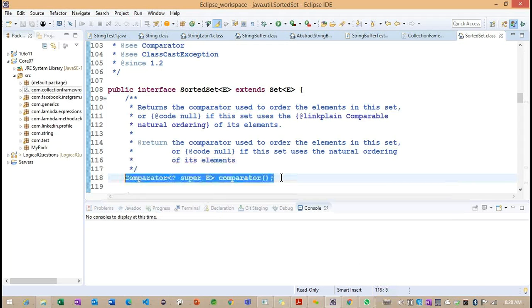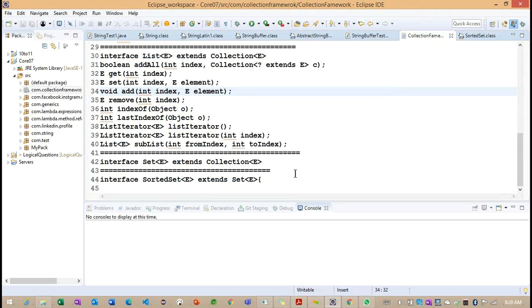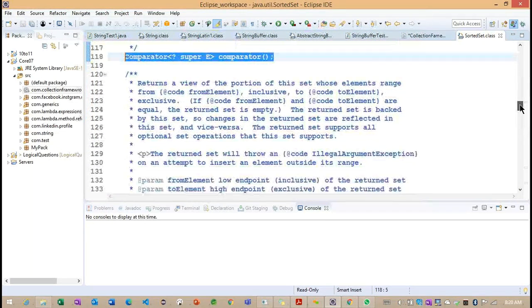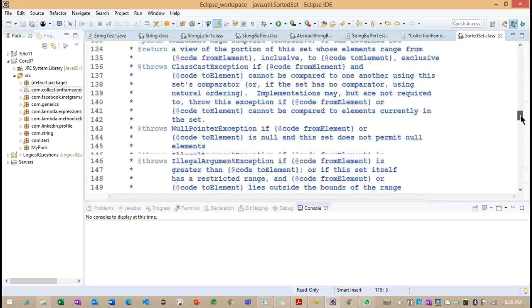As of now I'm keeping this comparator method pending. After completion of the implementation classes, we'll see how this comparator will work, and we'll discuss the comparator with the help of an example later.